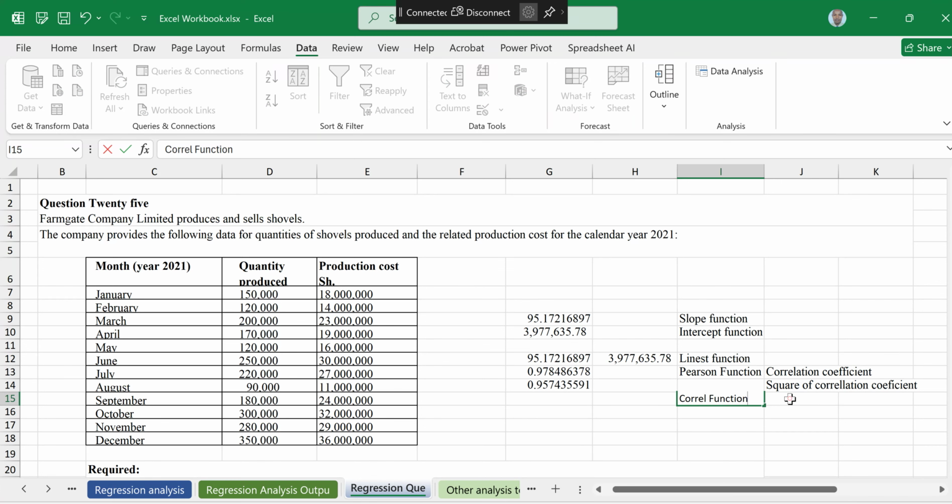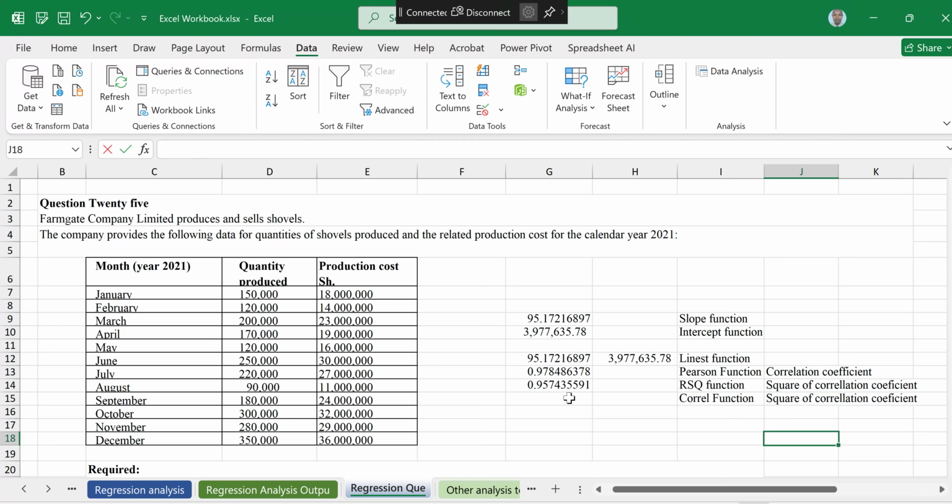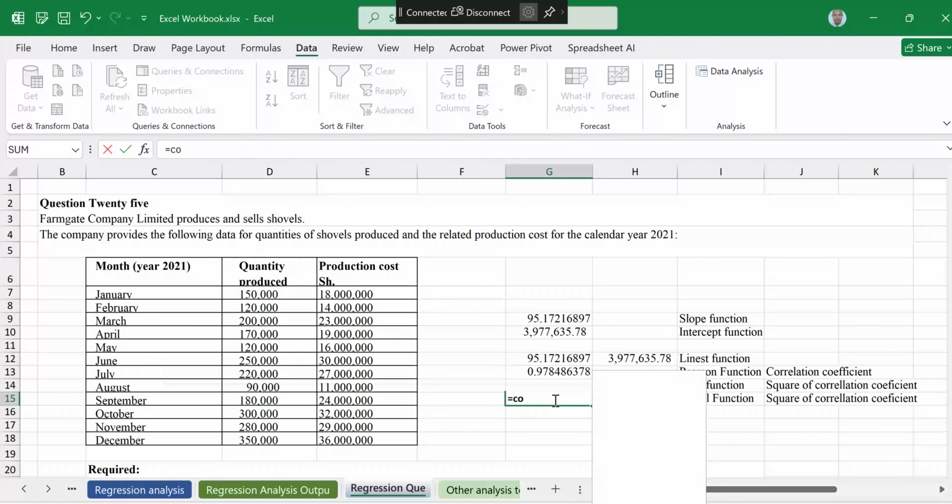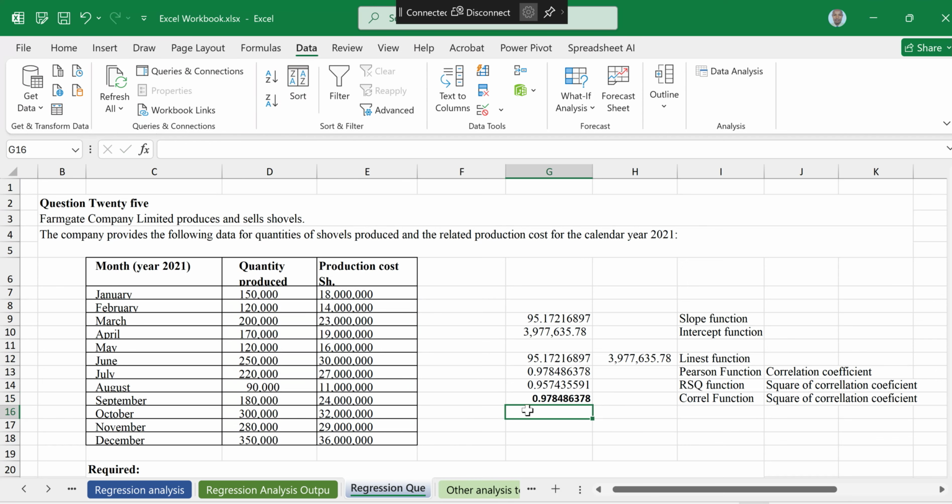CORREL function. Same thing. The square of, we can try, maybe I confused again. It returns the correlation coefficient. I think this one will give us the same as the Pearson. CORREL, let me check. This will give us this, comma, and also the other one. Let's see where the error is. 0.97 gives us the same as above, the Pearson. So I will take this down,